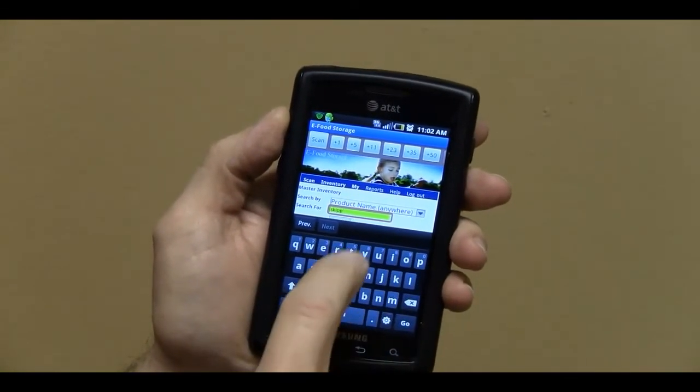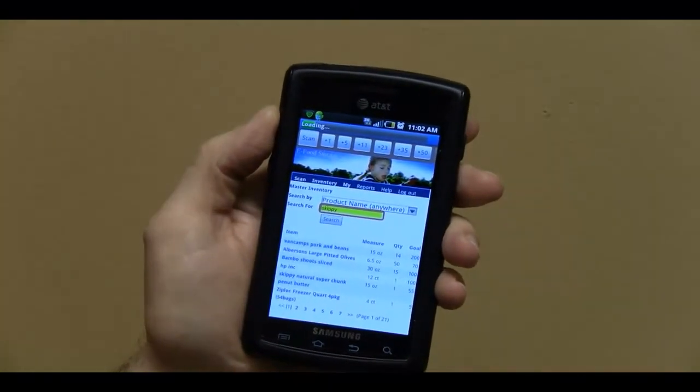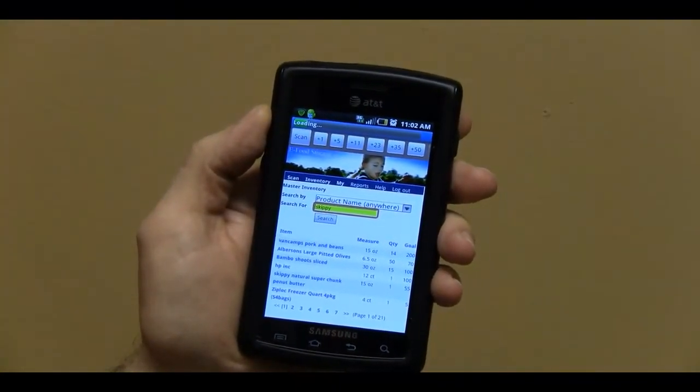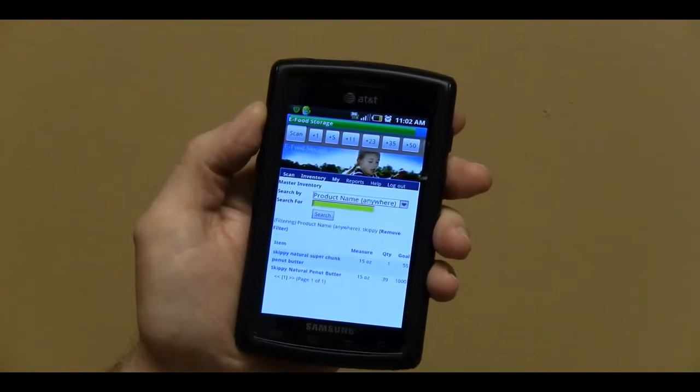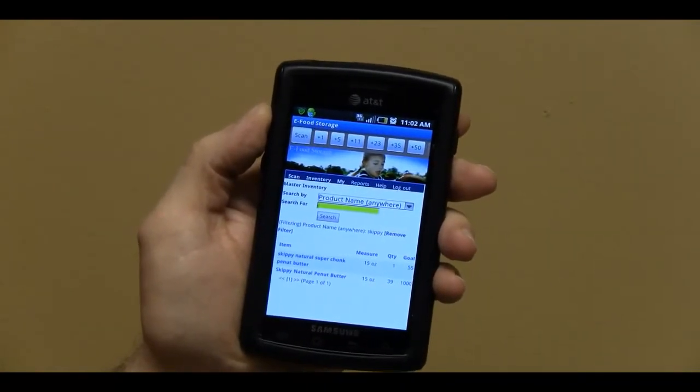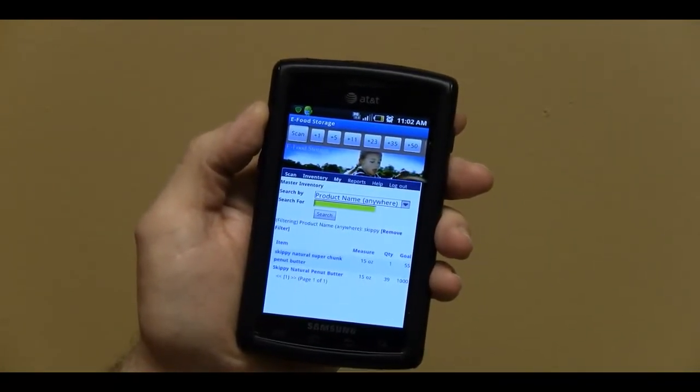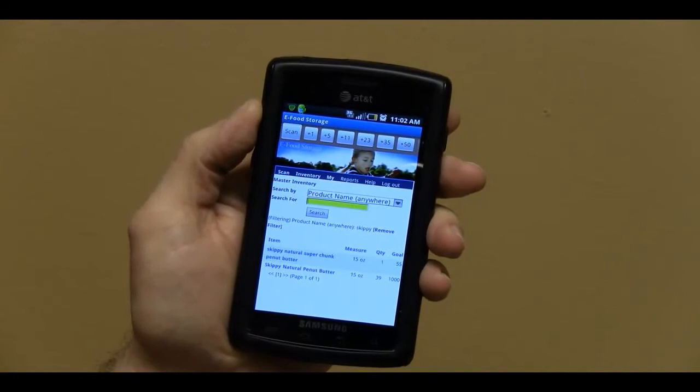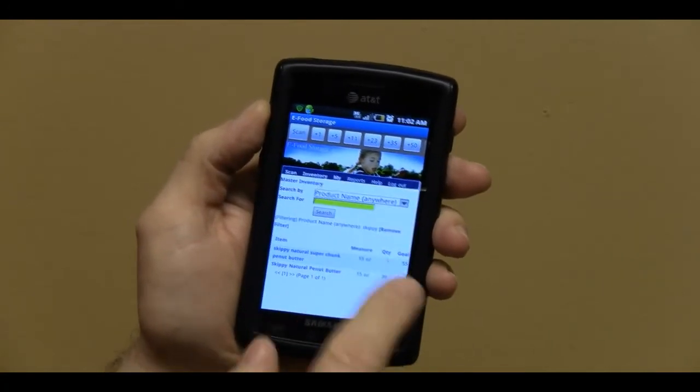See how much I have. So I go ahead and apply that filter. It's going to search through all my inventory and bring up everything that has the word Skippy in it. In this case, I have 2 items. I have Skippy Natural Super Chunky Peanut Butter. I have Skippy Natural Regular Peanut Butter. And I can see that I have,